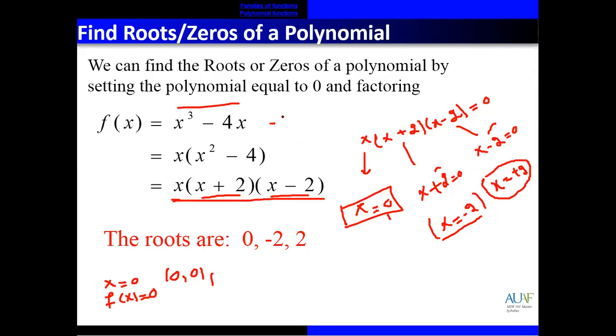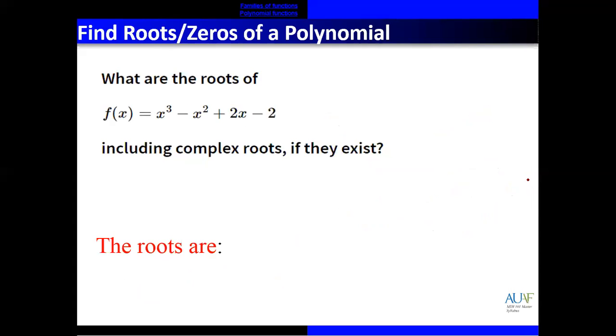Second one, if you put minus 2 in this function, you can see this one is minus 2 power 3 and minus 4 multiplied by minus 2. So minus 2 power 3 is minus 8, and minus times minus, plus 2 fours are 8. So it means 0. When you put x is equal to minus 2, the y value, the function value, is 0. Same when you put plus 2, the result will be 0. So these are zeros. Factors, roots and zeros.